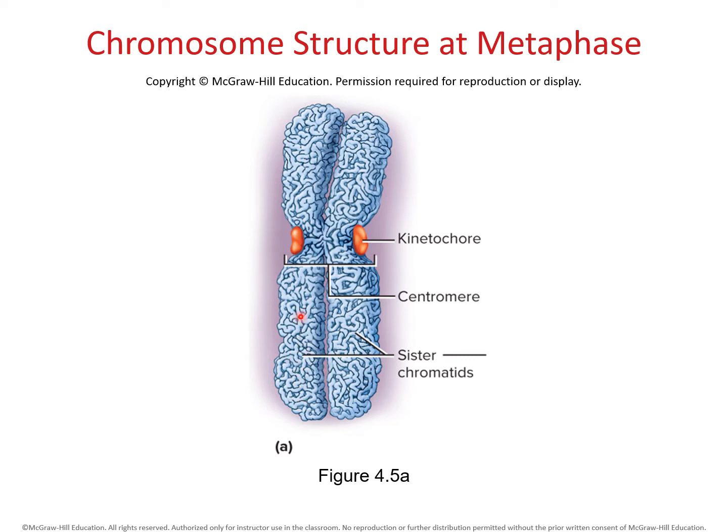Remember, chromatin is super condensed DNA. So that's what they're trying to show here, all this coiling. The middle of the chromosome is referred to as the centromere. Centro, like center, so that should be easy to remember. It's the center. And then on the lateral aspects of this chromosome, you see these other proteins. These are the kinetochores. And the kinetochores, again, we'll bring those up when we talk about cell division in part